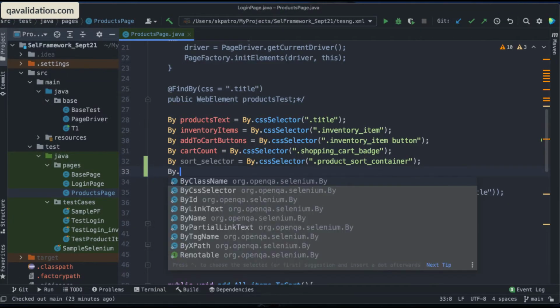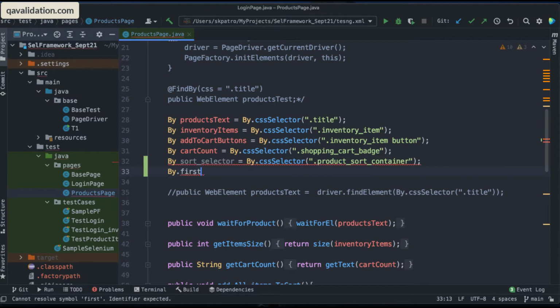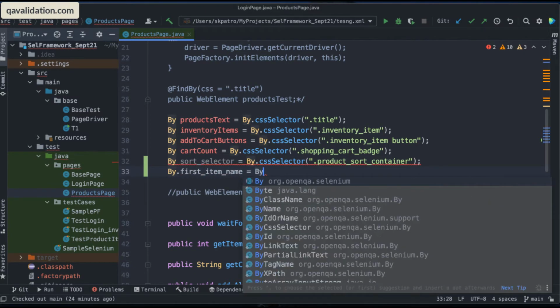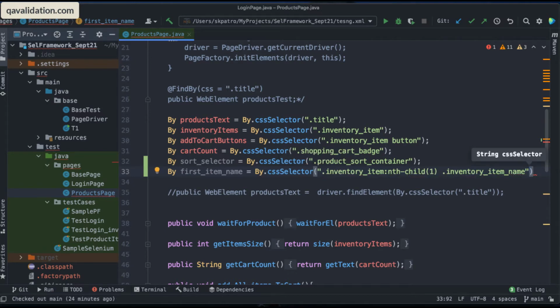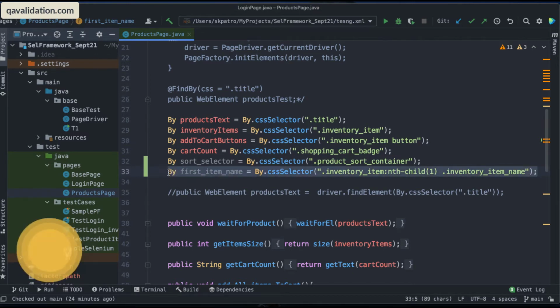So I'll put By dot, I'll say first item name, and I will put By dot CSS selector. Let's see what is the problem. Okay, so here it is not By dot, it is By dot CSS selector, and inside this I will be keeping this name. See, here I'm hard coding this one because I have to keep this the first item only. So the same thing if you need the price as well,